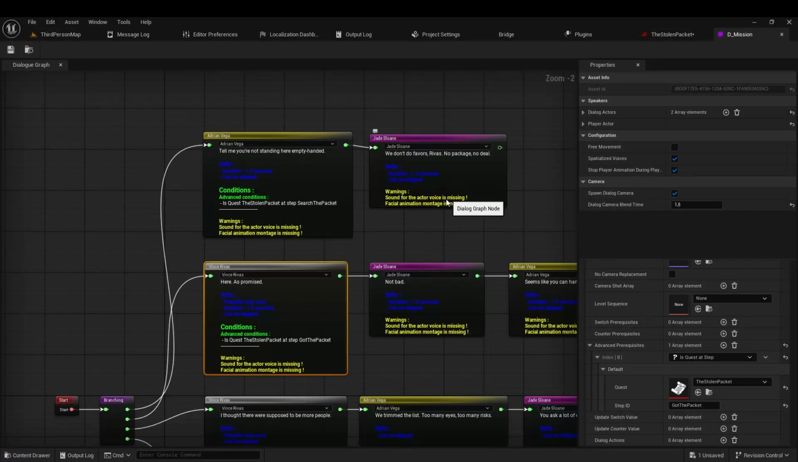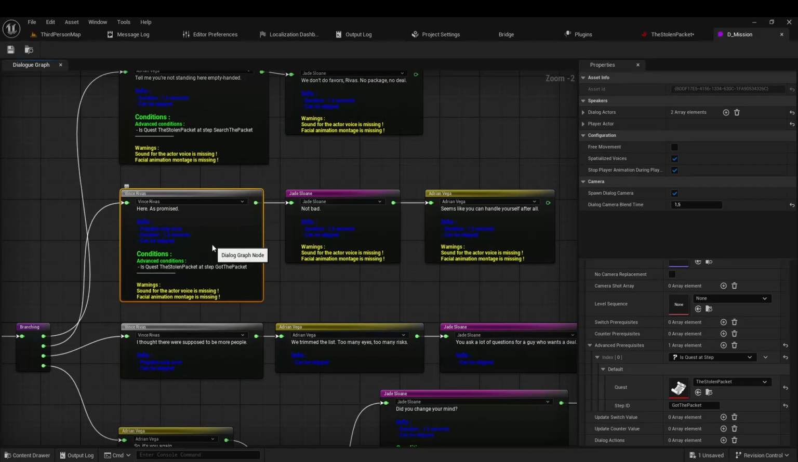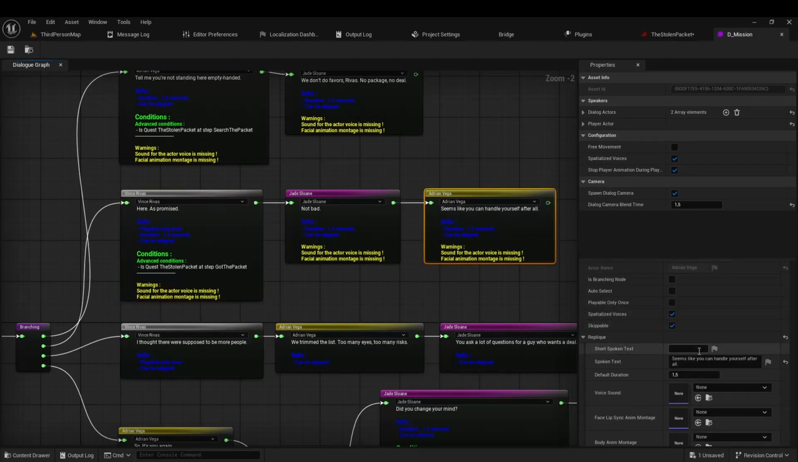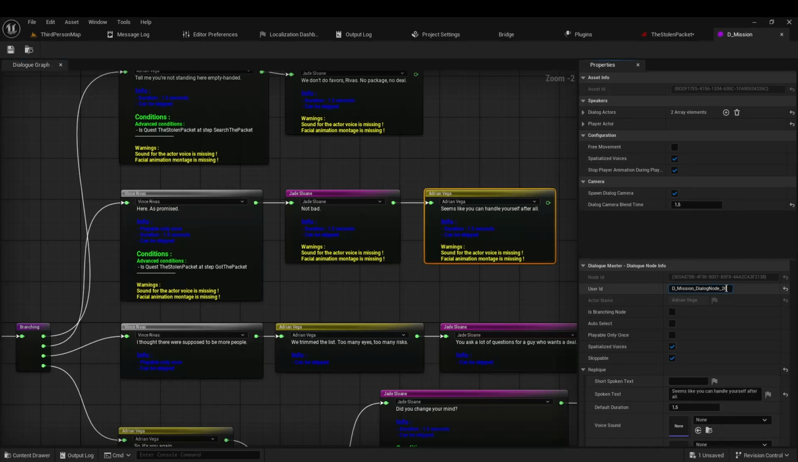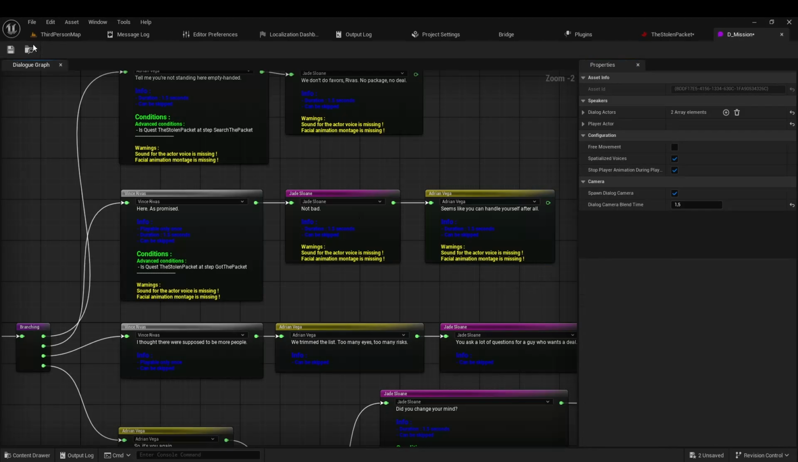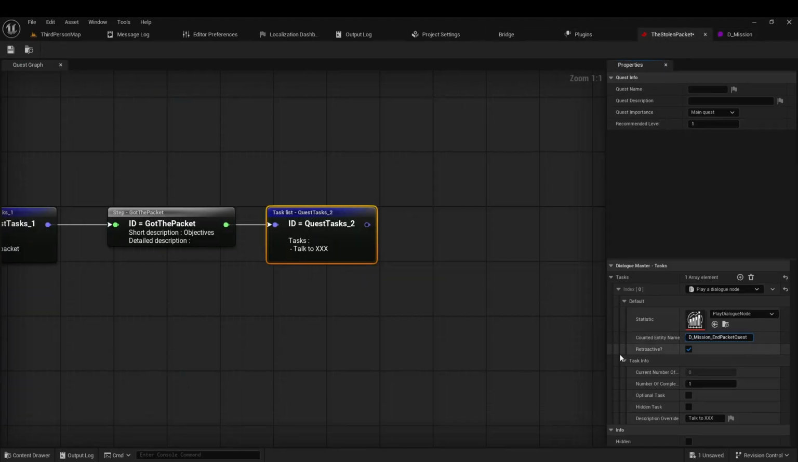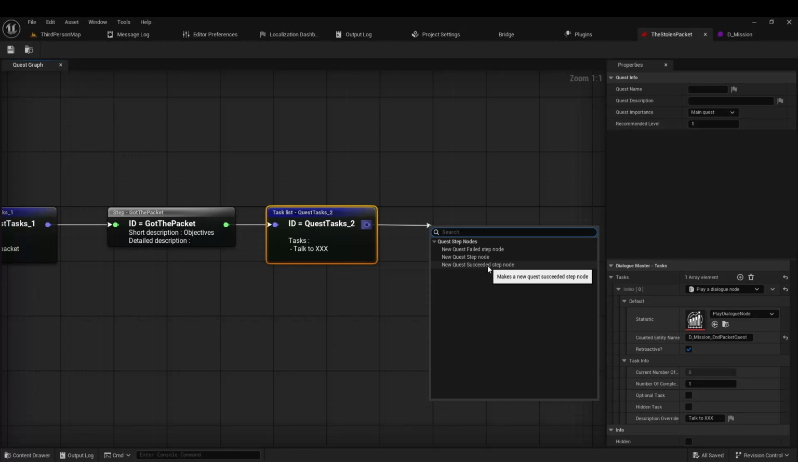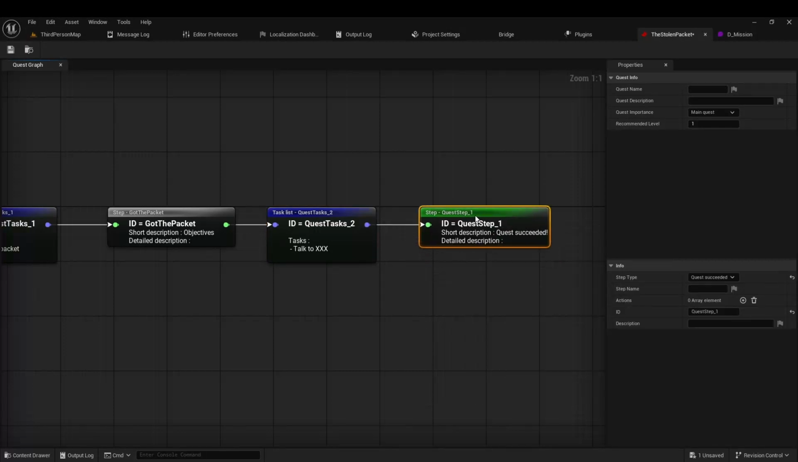To do this, we use the Play a Dialogue node task. Next, we go back to the dialogue and assign an ID to the final node of the conversation where the player hands over the packet. We'll use this ID to ensure the quest detects when this dialogue line has been played, allowing the quest to conclude. To mark the quest as completed, we add a final quest succeeded step after the last task list in